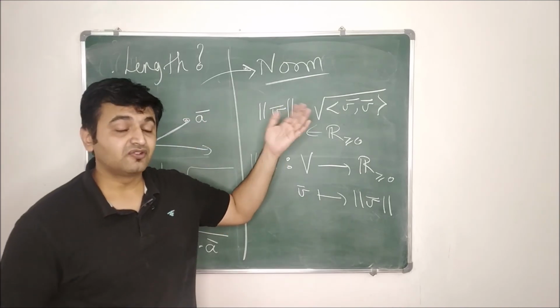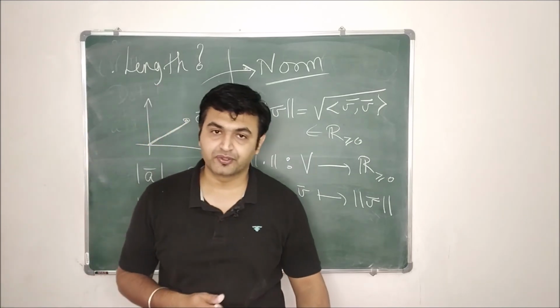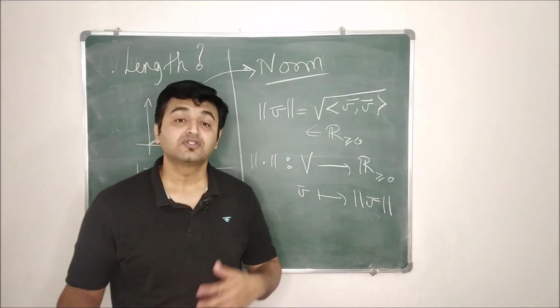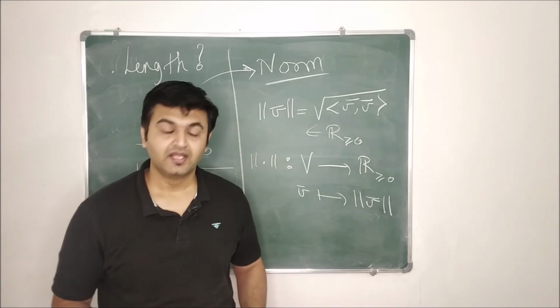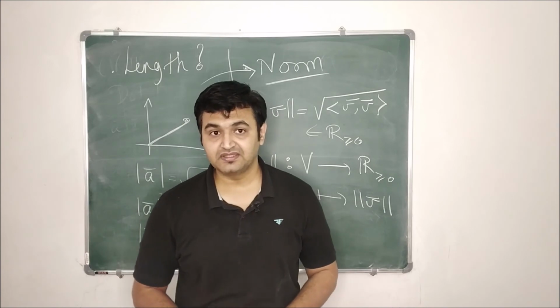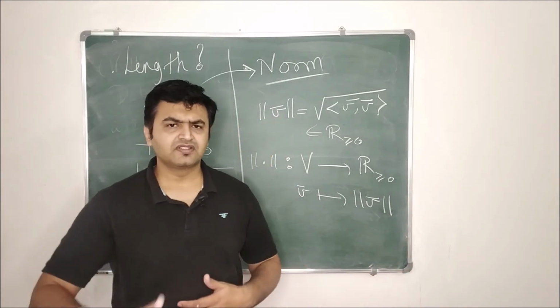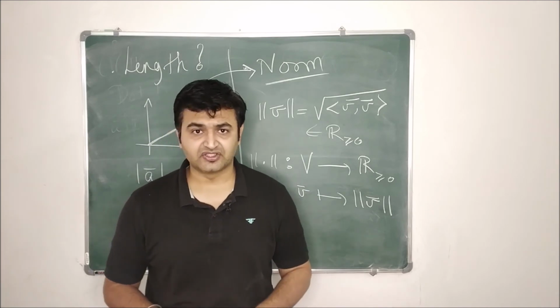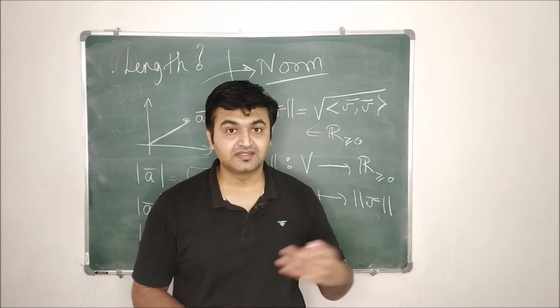Because a vector space is a generalization of Euclidean space, and in Euclidean space you can talk about the dot product and the length of a vector. So what about in a vector space? The answer was inner product and the norm. In the next lecture we will see some examples of inner product as well as non-inner product spaces. And in the coming lectures I will also answer the question of how to find the angle between matrices, the angle between polynomials, and so on.